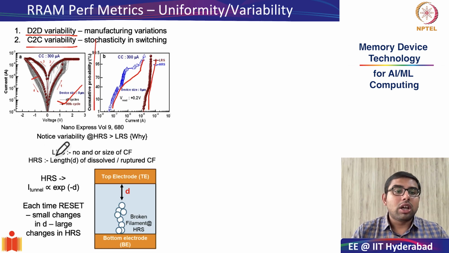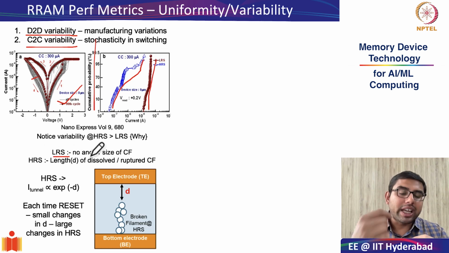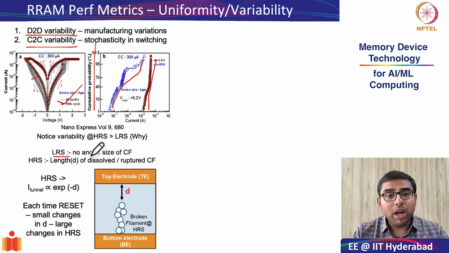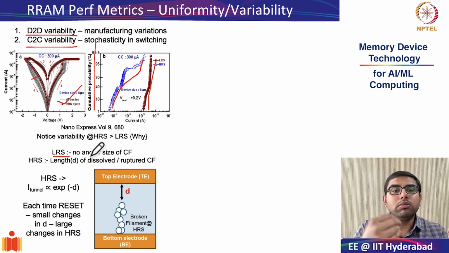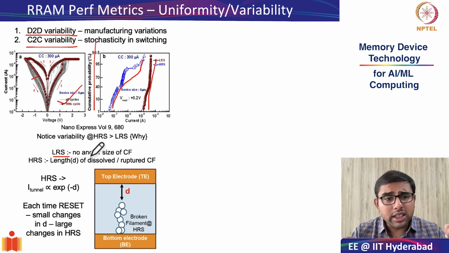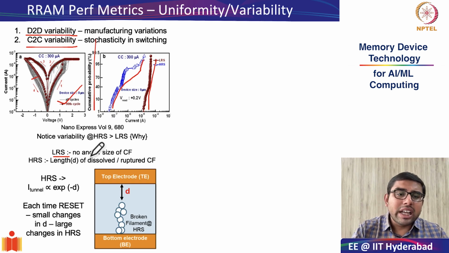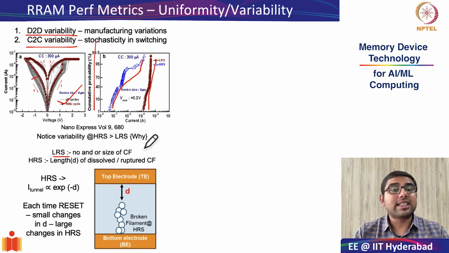For LRS, what causes variability from cycle to cycle is that the number and the size of the filaments can be different from one cycle to the other. Since in the low resistance state it is more like ohmic conduction, even if the number or size changes by a few percent here and there, it will not result in a lot of change in the cycle to cycle behavior. However, in the HRS state,